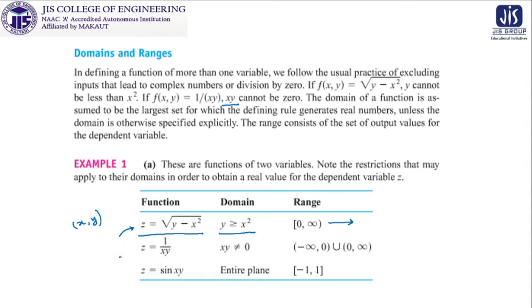These are very interesting examples, and they will build your concepts, so don't skip these problems in quick succession. Devote some time to them. It will build up your confidence as well as your concept. Similarly, for z equal to sine xy, what points can we take as xy? We can take any point because sine of any point is defined, and the range will be minus 1 to 1, because the sine function is always sinusoidal, where this is plus 1 and this is minus 1. So the range will be minus 1 to 1.